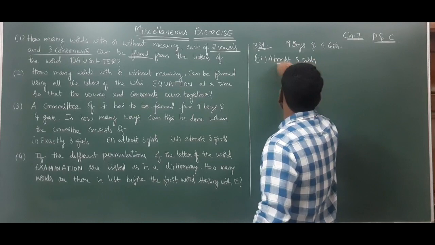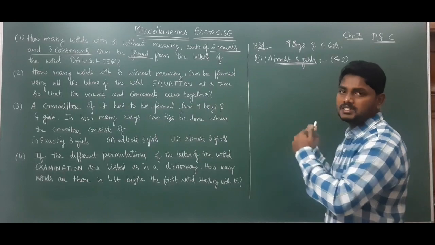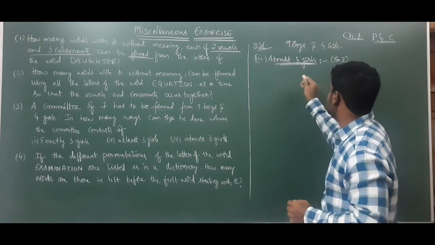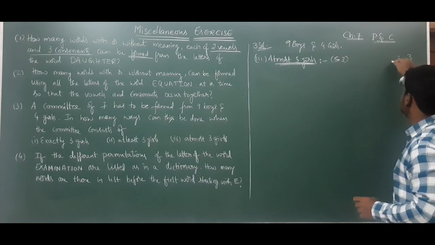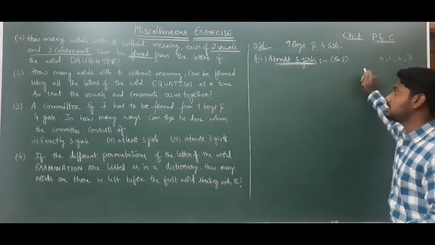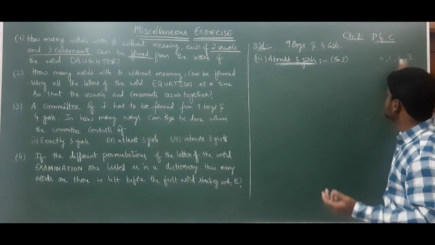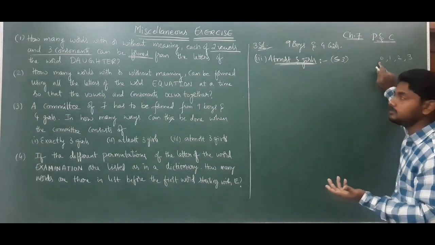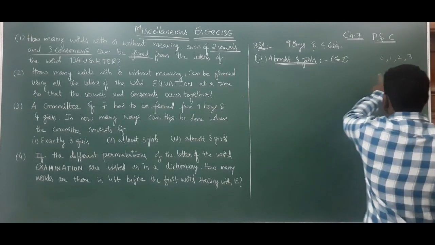At most 3 girls. See, at most means less than or equal to. Remember, at most means less than or equal to. At least means greater than or equal to. So what are the cases which include less than or equal to 3? In these numbers, less than or equal to 3 means 3, 2, 1, 0. So these are the cases less than or equal to 3. That means the committee should contain either 0 girls or 1 girl or 2 girls or 3 girls. See, negative girls won't be there. So either 0, also at most 3 girls case only. 1 girl, 2 girls, 3 girls also, at most 3 girls case only. So these 4 cases we need to do.